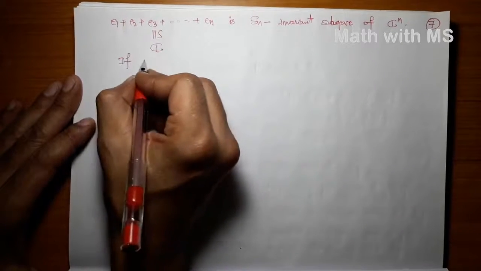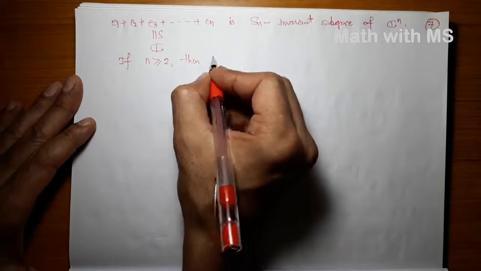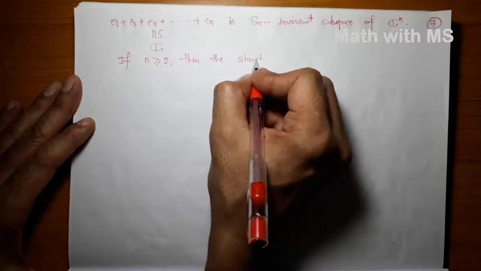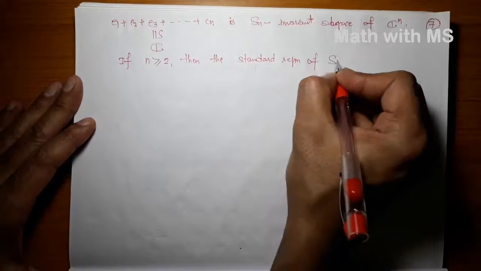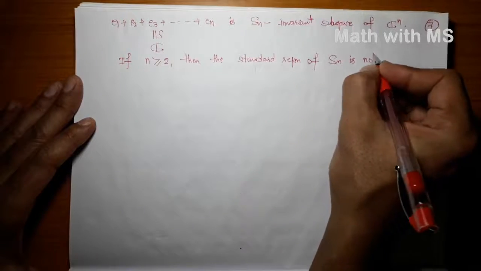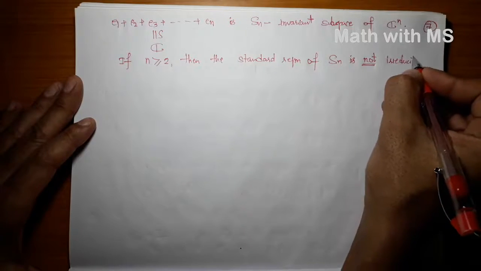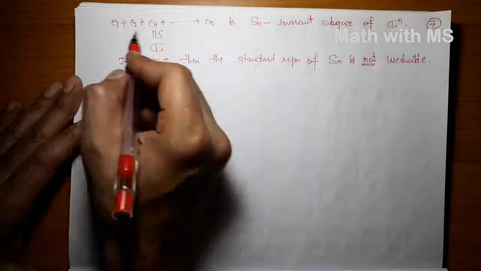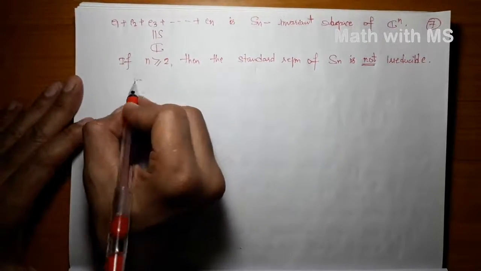Okay, so if n is bigger than or equal to 2, then the standard representation of Sn is not irreducible, right? Because it has a one dimensional invariant subspace. And why that is the case, you can easily check that